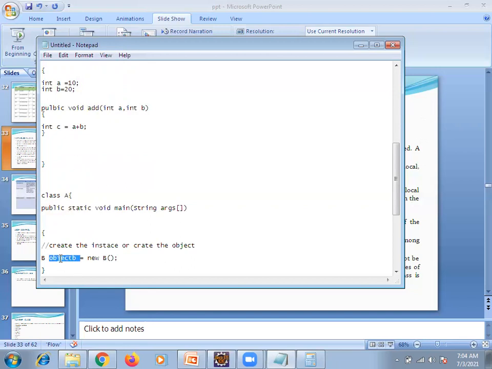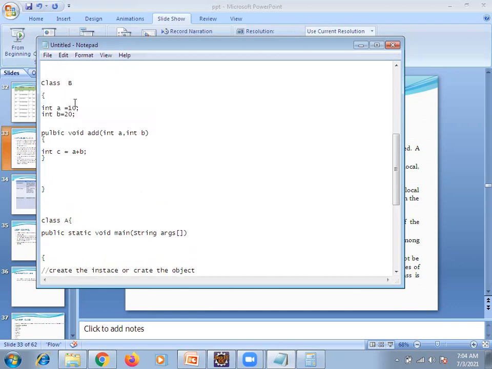Now we are going to call. So object dot a equal to 30, I am going to assign. Now this is an instance. Inside the instance, these two will be available. You are getting what I am saying? But the c will not be available. Clear? So this we can call an instance variable.